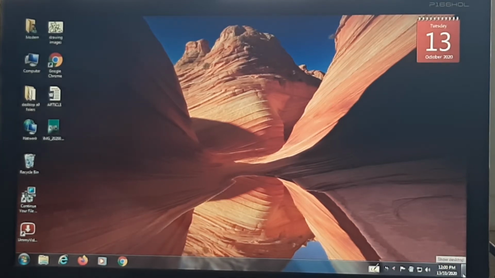Okay, and at this right corner, the last button is the show desktop button. If you put the cursor here, you see the name here. So this is the show desktop button. This button is present in the right corner of the taskbar, and it minimizes all the open programs and displays only the desktop. You can see the minimized program list here. So you see here the show desktop button. Okay, so this is the information about the desktop.